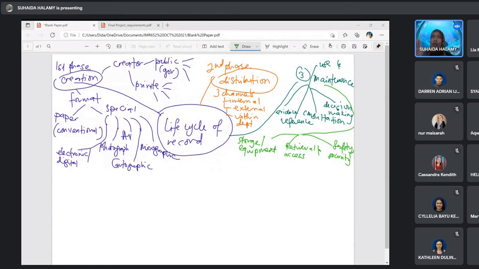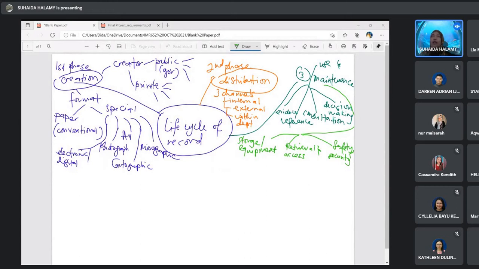Tapi kalau run besar business, you mesti at least ada aircon. So bila you ada aircon ni, at least you stabilize the environment. Dia ada sejuk kan. Bila sejuk ni, at least you boleh prolong record yang you nak guna. Okay, prolong the life of the records in your organisation. Sebab record ni pun you kena jaga elok.